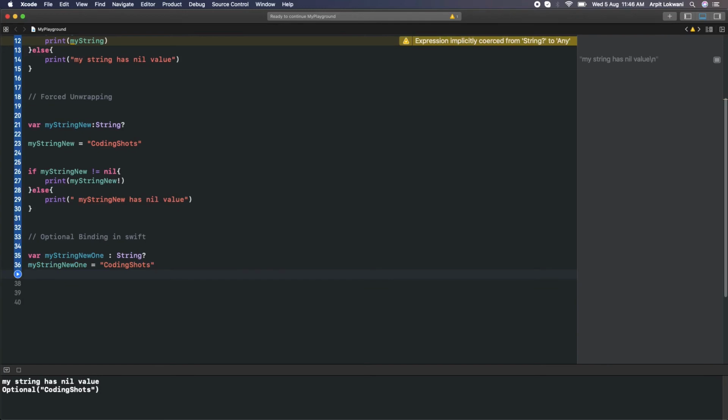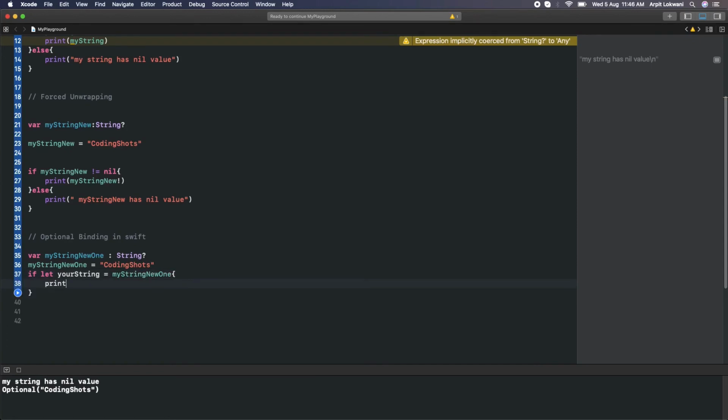Now I need to put some condition on that. We can do that with an if condition, but there is a beautiful feature of Swift called optional binding. We can check if let your string, whatever you put, is equal to my string new one, then perform some action.